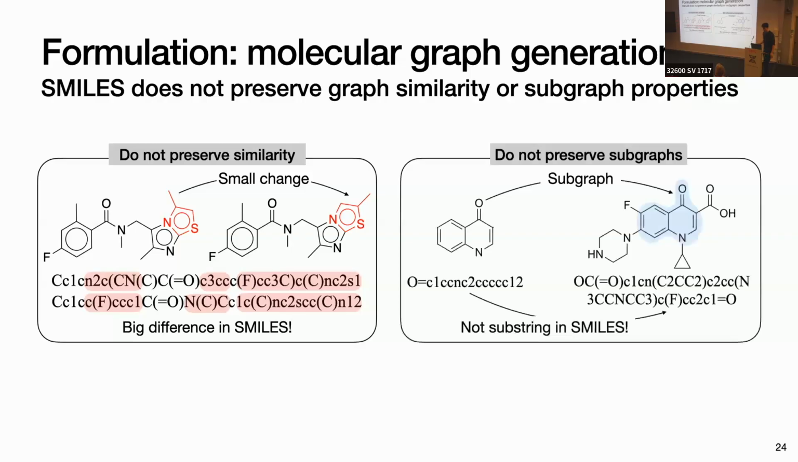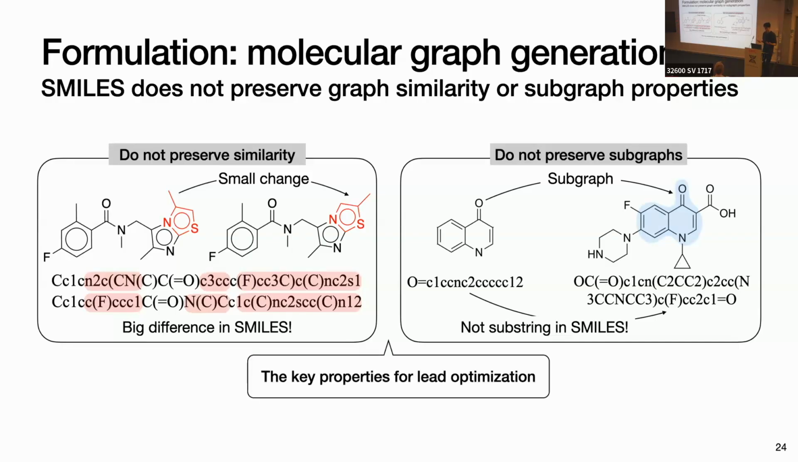You can also see a similar thing for the subgraph relationship. If I just want to expand the molecule by adding more stuff to it, it doesn't really work well in SMILES space. You can't just add a bunch of other things behind it. It doesn't work out of the box. These properties are critical for lead optimization, but I also believe for de novo design as well, because